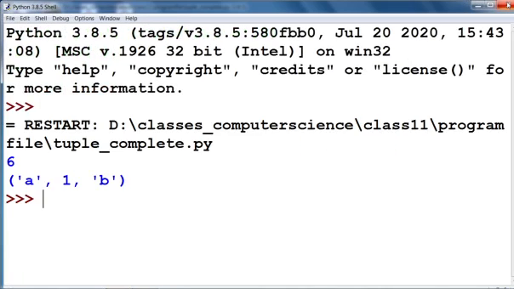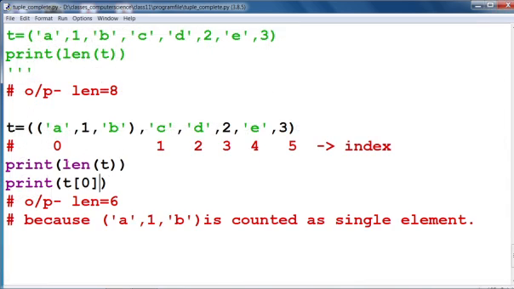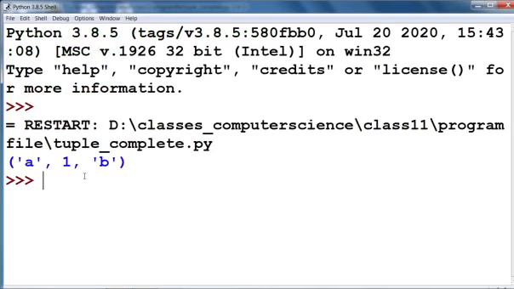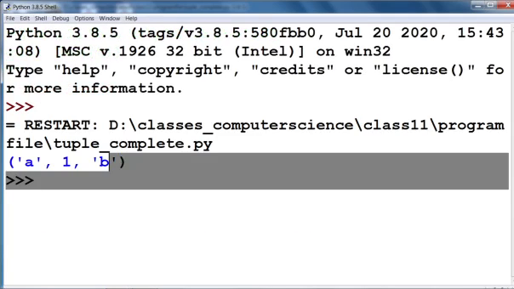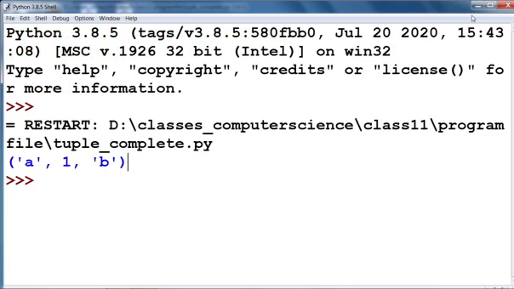You can see the elements at index 0, which elements are there at index 0? Then you can check a1b, that means this is a single element in this tuple.